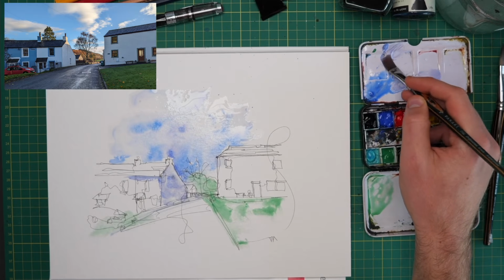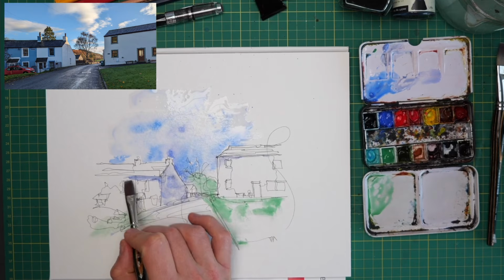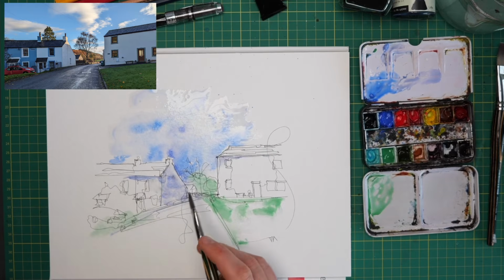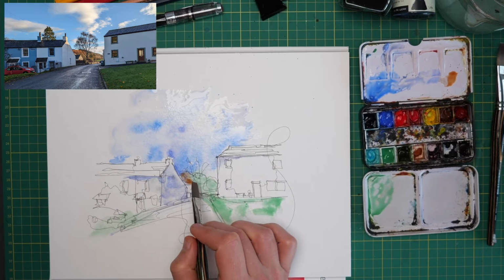Going to get a bit more of my lavender and just suggest a few more of the shadows in a couple of places. Again, this is a bit too dry, so we can always come back in and scrub in a little bit, get a bit more looseness in there. And I want some warmth. We haven't got anything warm yet, so I'm going to get my quinacridone sienna and just start touching that in,